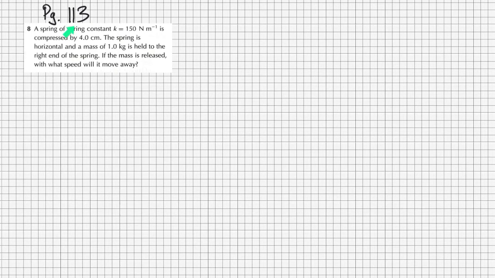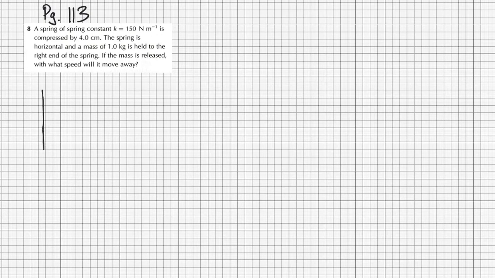So question number 8 on page 113 says that a spring with a spring constant of 150 newtons per meter is compressed by 4 centimeters. The spring is horizontal and a mass of 1 kilogram is held to the right end of the spring. If the mass is released, what speed will it move away with? So if we think about this situation,